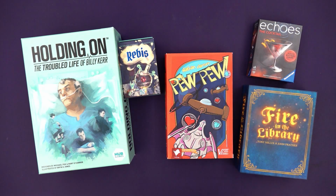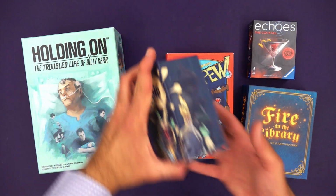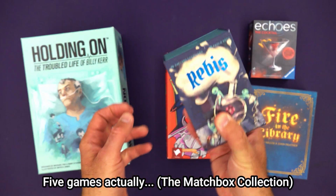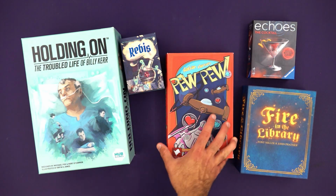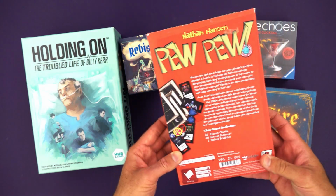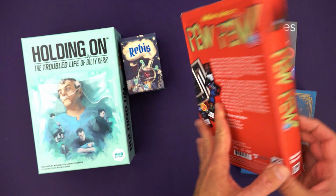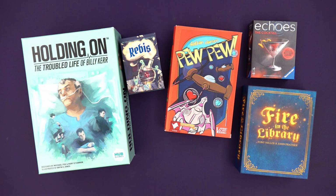Echoes from Ravensburger, I've been really enjoying their Exit series, these escape room in a box games, so I was very interested to see what that would do. This Rebus is part of a grouping of 3 games that was in a Kickstarter, and I was kind of curious about those, and this Pew Pew game I'd actually never even heard of, and was kind of intrigued by what this was, sort of a shoot 'em up video game kind of thing. So I put my name into the hat, and sure enough, I got chosen. And unfortunately, they are all leaving the